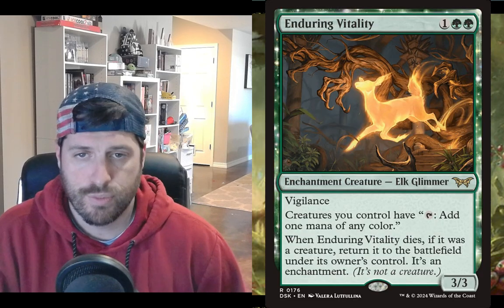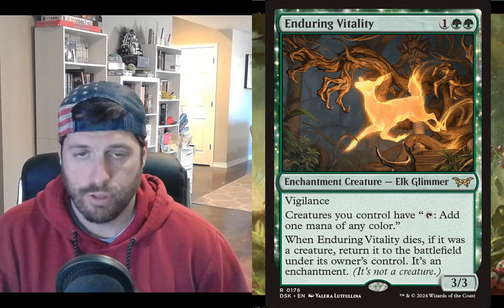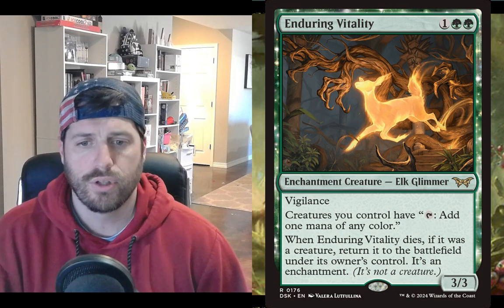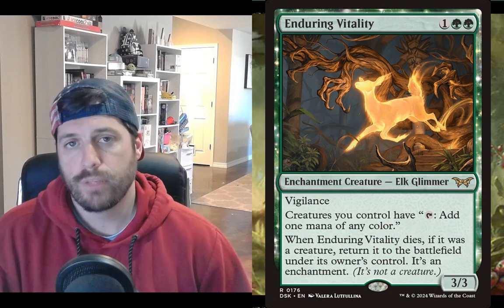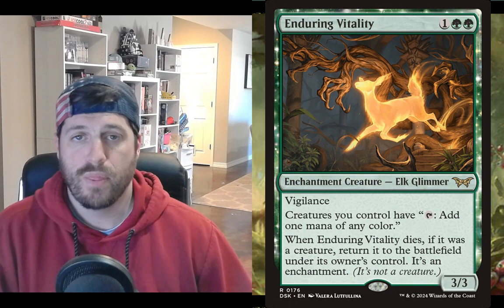Next up, we have Enduring Vitality. This is a new Duskmourne card. It's 1 and 2 green pips for an Elk Glimmer that's 3/3 with Vigilance, so a decent little body on it as well. And it says creatures you control have tap, add 1 mana of any color. So this one's going to be dependent on Kona being on the battlefield,